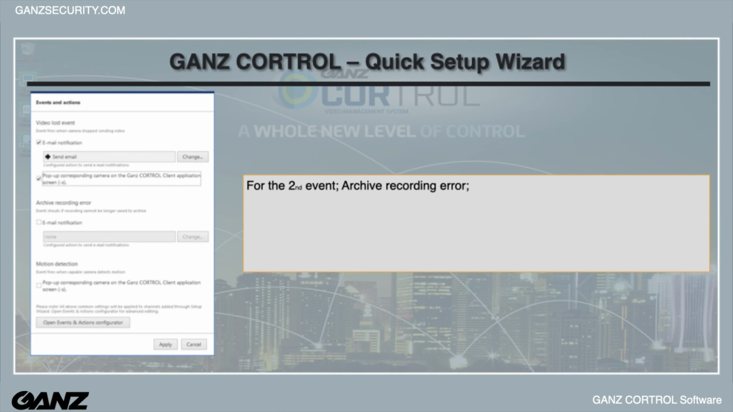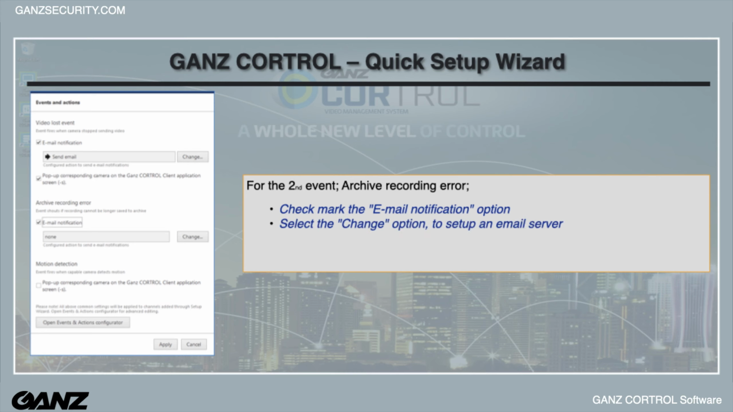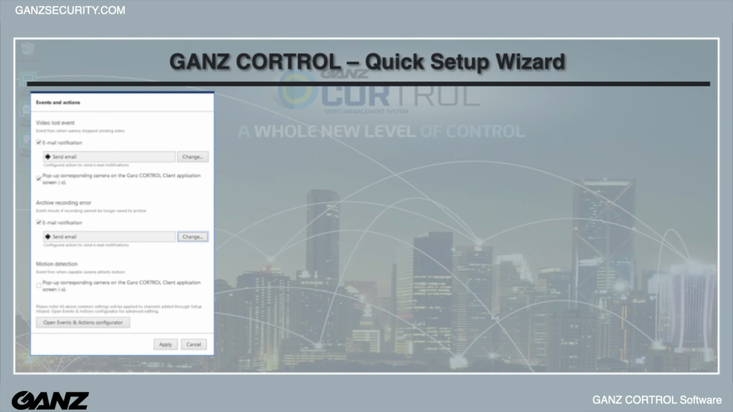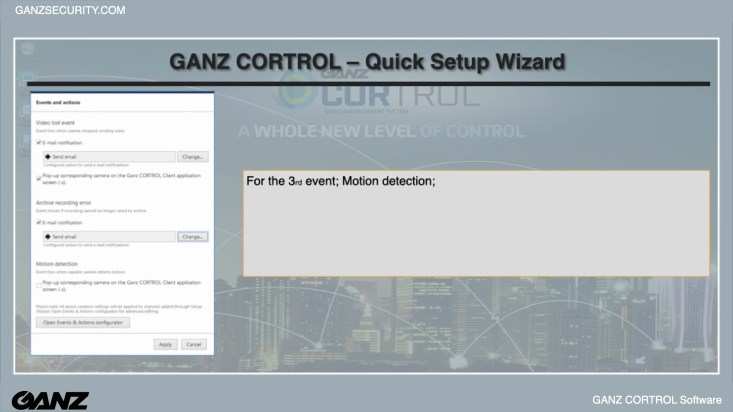For the second event, Archive Recording Error, checkmark the email notification option. Select the Change option to set up an email server. Select the Send Email option for the email server. Select OK to continue. For the third event, Motion Detection,